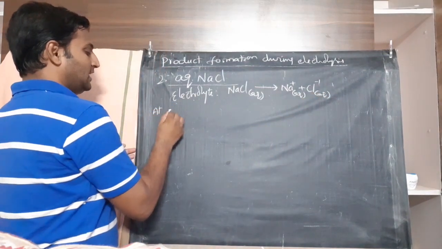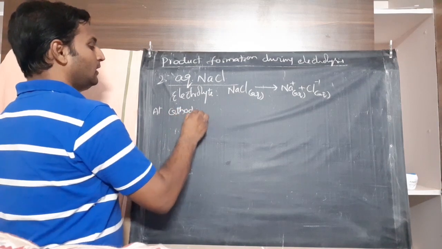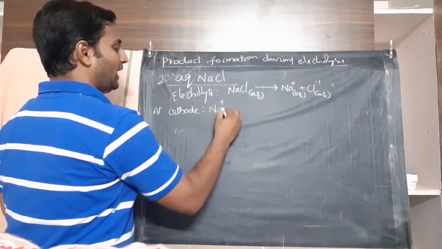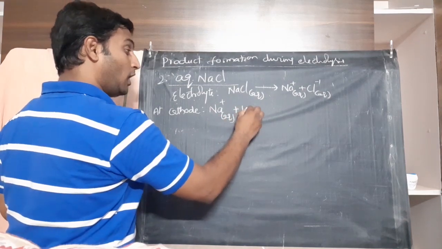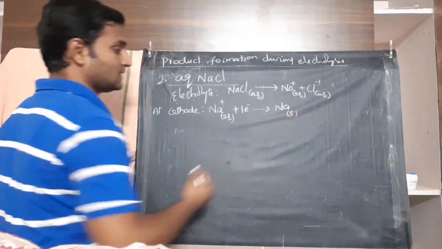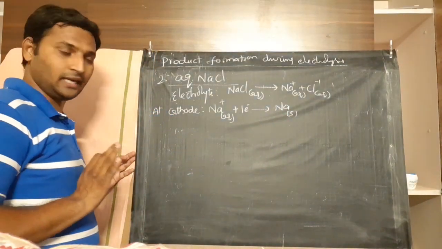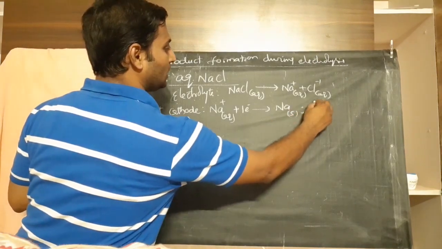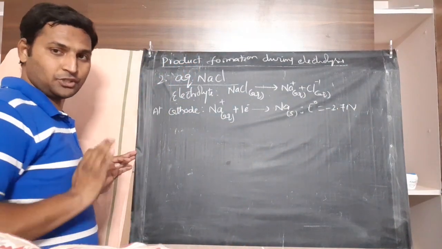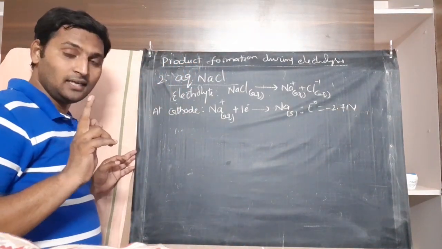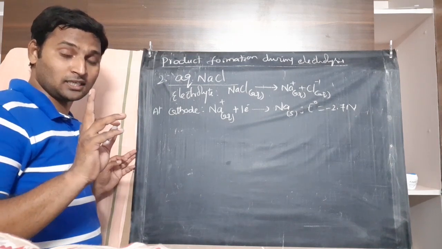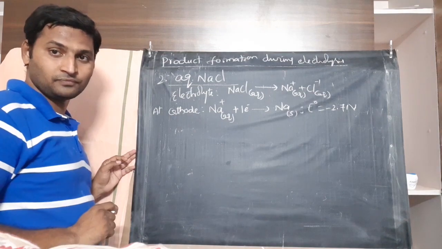Now, observe carefully please. At the cathode what happens? Aqueous sodium cation wants to gain an electron and get deposited as solid sodium metal, right? For which the potential is minus 2.71 volts, which we just understood. But there is somebody hidden here who is also trying to undergo reduction. Who is that? Water molecules.